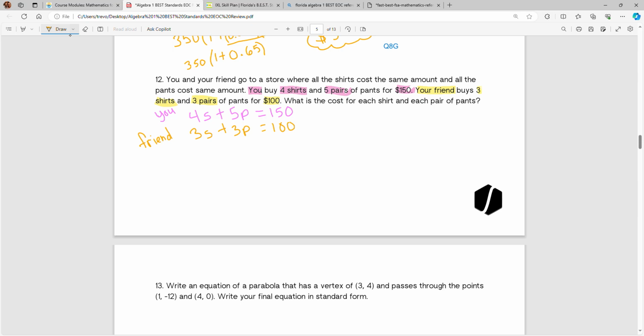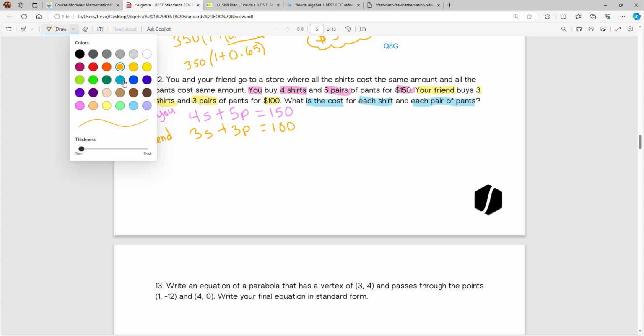I think I want to go the elimination method. So what we're doing here to find the cost for each shirt and each pair of pants, right? We're going to solve this system of equations. So our solution